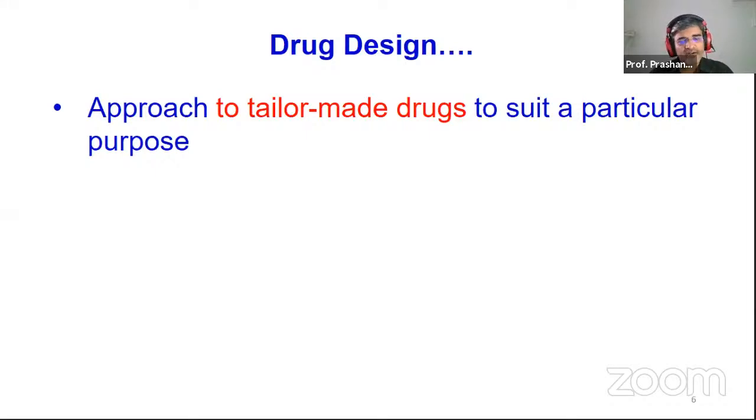I don't know if you have ever visited Raymond's suit shop, where they stitch suits. They will probably not take your measurements, they'll get you some coat to wear, and they will tailor-make that suit by changing some measurements so that it fits you properly. That's exactly what drug repurposing is. You already have a drug, and you try and figure out whether that particular drug is likely to be useful for another indication, say in this case COVID-19 or anti-SARS-CoV-2 activity.